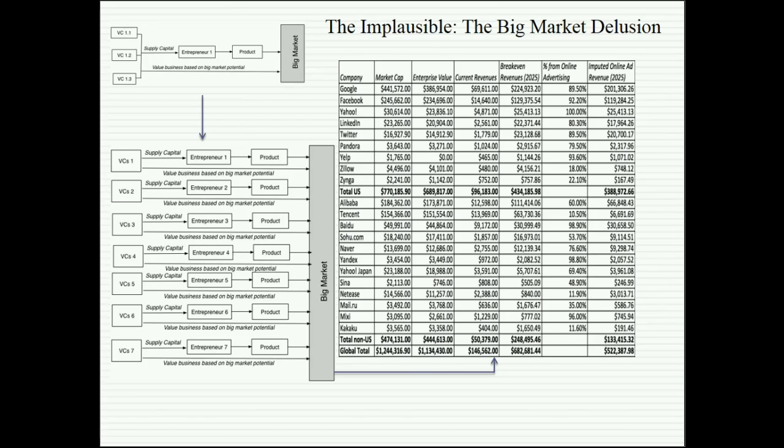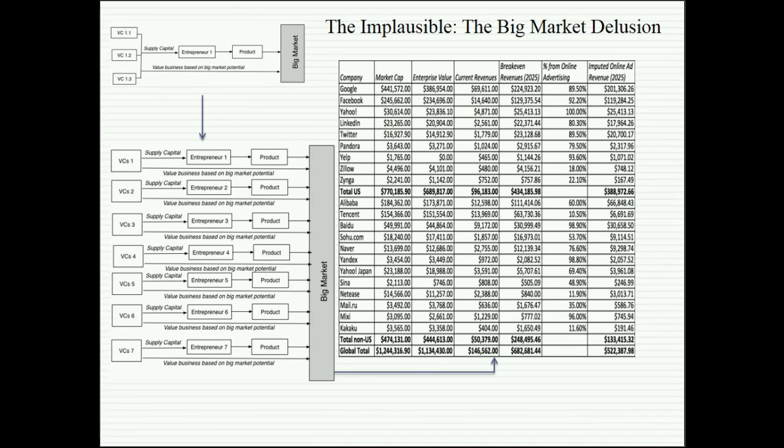Advertising overall was about $600 billion. Basically, and this doesn't even count all the companies waiting in the wings, ready to come on, right? It doesn't include Snap. I can almost guarantee you that there's no way that 10 years from now you're going to have $525 billion collective revenues in this market.